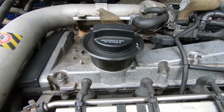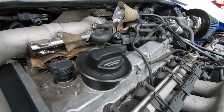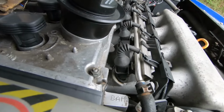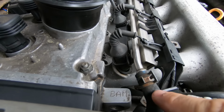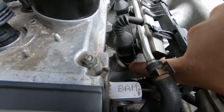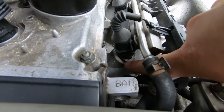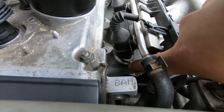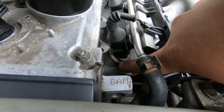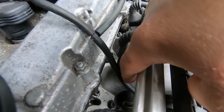And while you're in buying one, it's always good to know all the things you're going to have to do. Now the other thing is to check if your injectors are letting by. I've changed the seals on mine, but where the injector goes into the inlet, I'm trying to get my finger in here, where there's like a cup, if it's letting by or the seals are going, you'll notice like a sweatiness. It almost looks like oil or water with a dust residue,